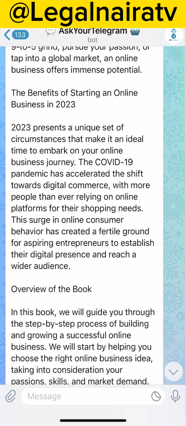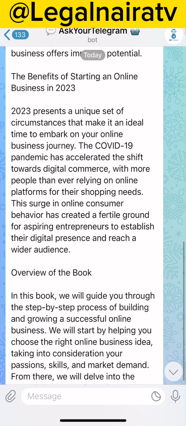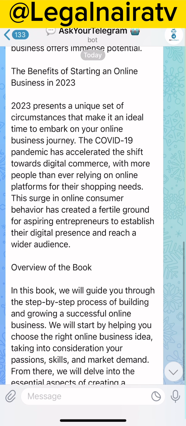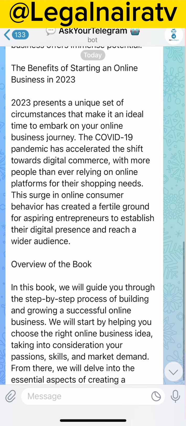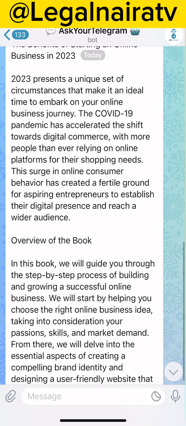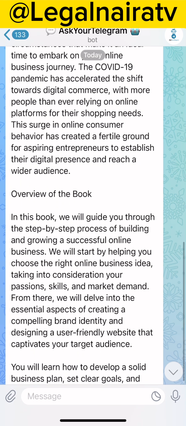The COVID-19 pandemic has accelerated the shift towards digital commerce, with more people than ever relying on online platforms for their shopping needs. This surge in online customer behavior has created a fertile ground for aspiring entrepreneurs to establish a digital presence and reach a wider audience. Then it concludes with an overview of this book.